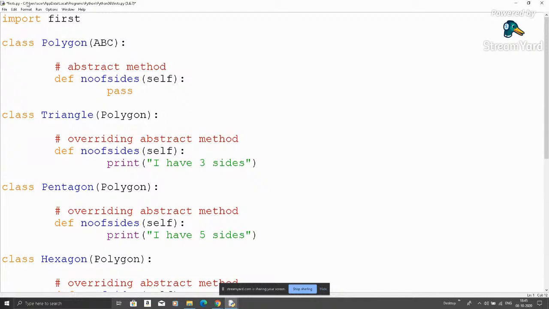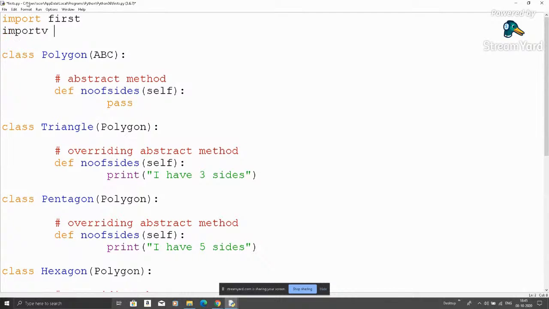When I import first, I will import one thing: I want the class Person. So I will use it as first.Person. When I call it like this, it does not give me any error.